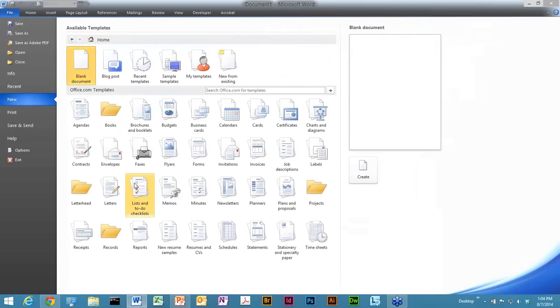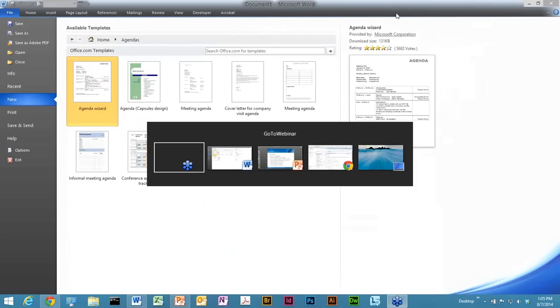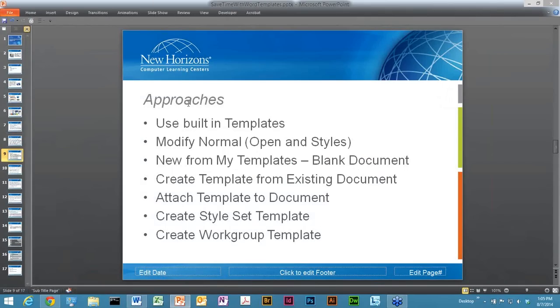So these are really as simple as getting in here, clicking, finding one that's got what you're looking for or close to what you're looking for, and utilizing it. Pretty straightforward, and that is one easy way. Okay, all right. Now this next line item,